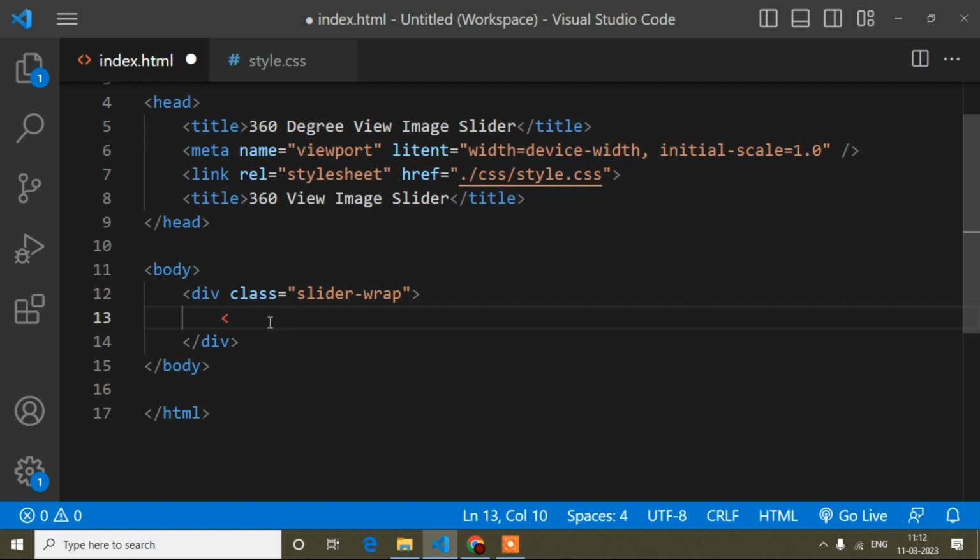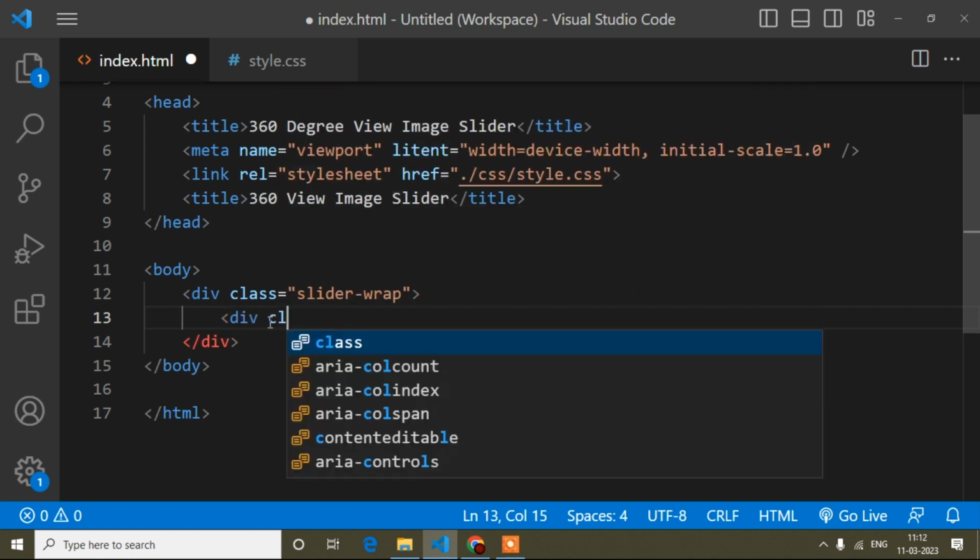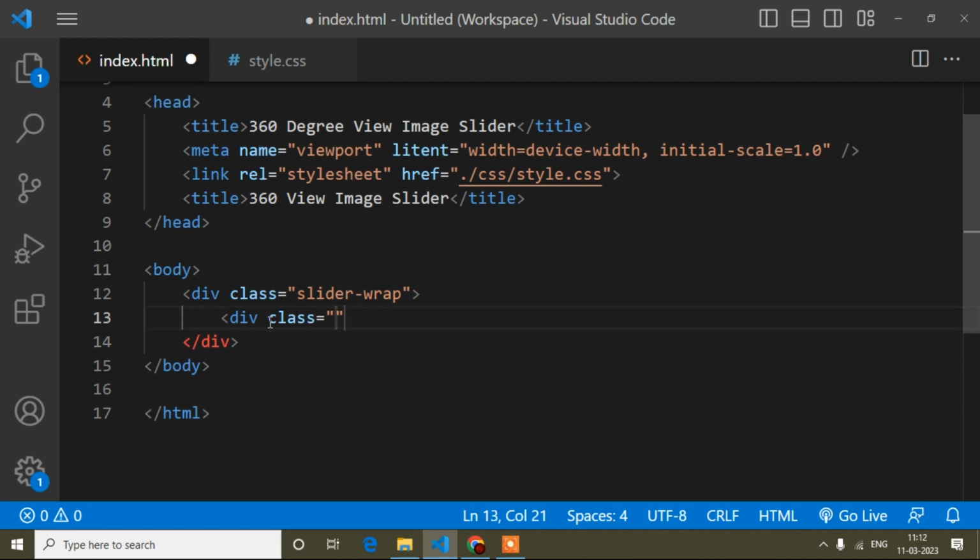And now here I will write another div with the class name slider container. Same way, this class name you can write as per your choice, and here I will close this div tag. And guys, another thing: for this slider you can use a range slider, next and previous buttons, and draggable.